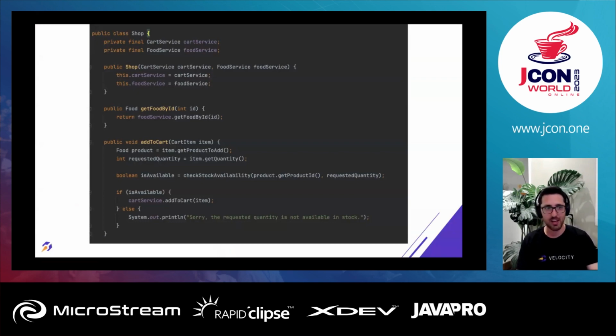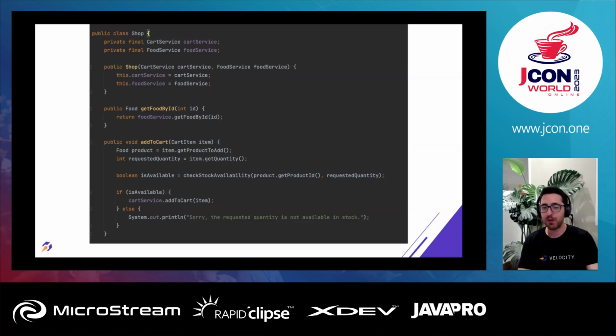We have carrots and hay and everything that a small fluffy bunny eats. We have two methods, and we'll add more as we keep going. We have getFoodById, which is really simple and returns a food by the given ID, and addToCart, which, given a cart item, checks the stock for availability, and if everything is available, adds it to the cart.